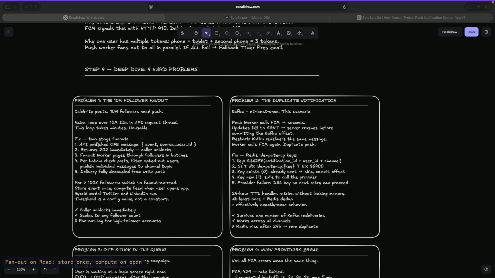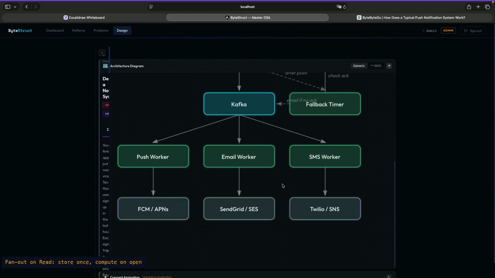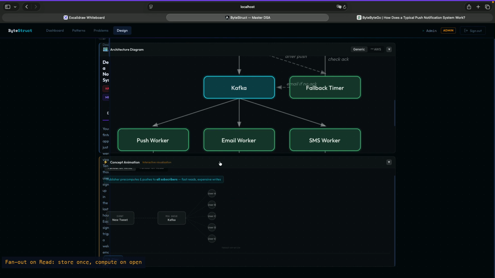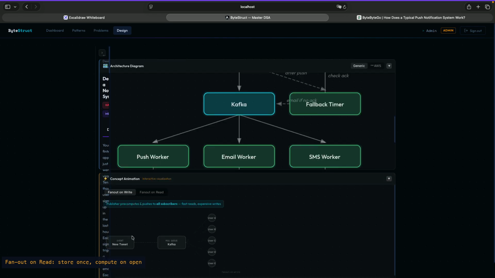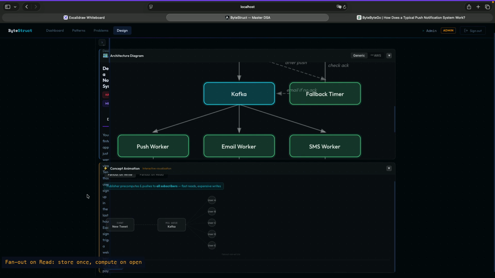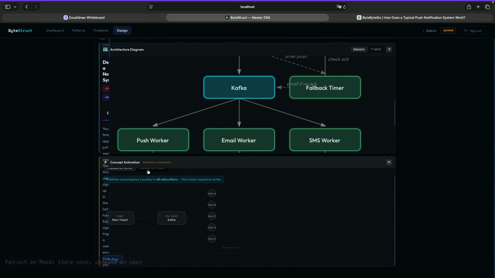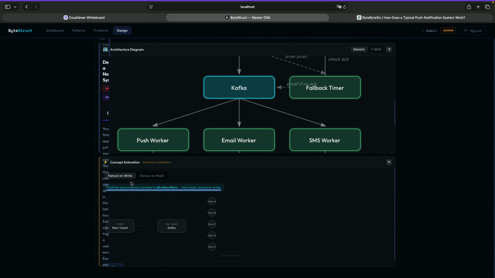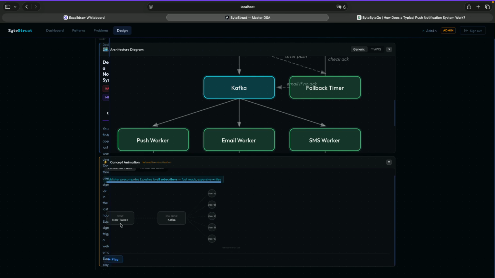But first of all, I think what we need to understand, let me show you, is that there are two techniques. First is fan out on write. What happens when you tweet? Your Kafka is telling users, you're sending the notification. That's what we call fan out on write. Then you have fan out on read,